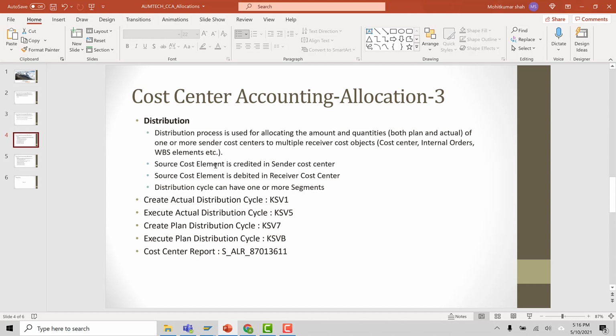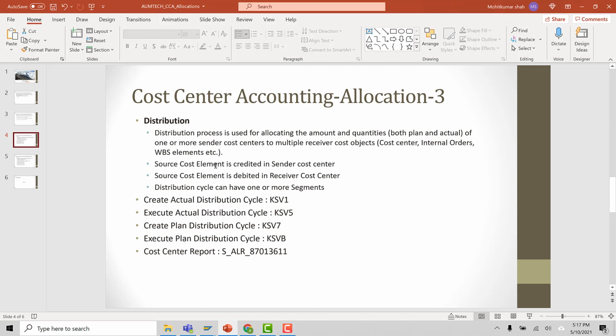And then it is this secondary cost element which credits the value in the receiving cost center. As a result, in the receiving cost center, we don't know which are the primary cost elements which have sent this value. So the traceability is lost in the assessment.